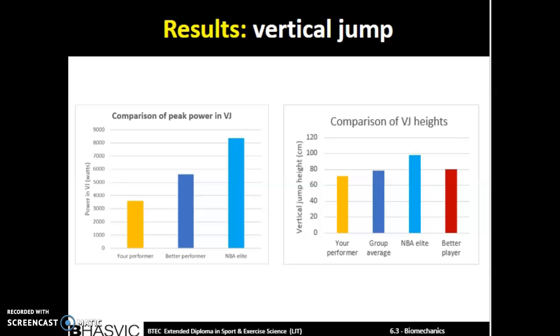So my performer got around 3,600 watts. The better performer got around 5,700 watts, and the NBA elite player got around 8,200 watts. So you can obviously see at the start that the NBA elite player has a much higher peak power in the vertical jump, which is not surprising, as that's what they train to do every day. They train to increase their power in order to block shots, dunk, and